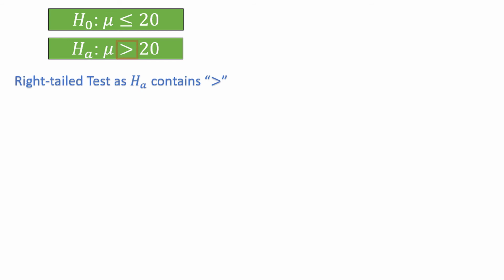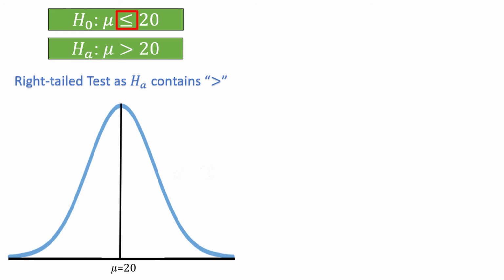For the purposes of testing the hypotheses, we assume the null hypothesis is true, and in our case, we assume the null distribution has a mean of 20. The equal to part in the less than or equal to sign in the null hypothesis. Then we go out and take a sample and calculate a statistic, in this case x bar, the sample mean. If the null hypothesis is true, we should expect to see a sample mean close to 20, but if the alternative hypothesis is true, we might expect to see a sample mean higher than 20, somewhere in the right tail of the distribution. Let's say the sample mean is 21.